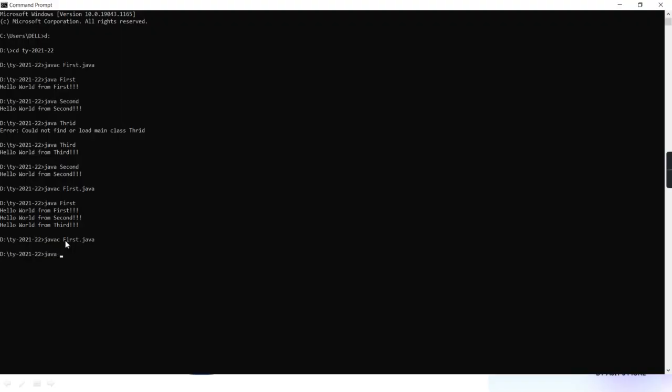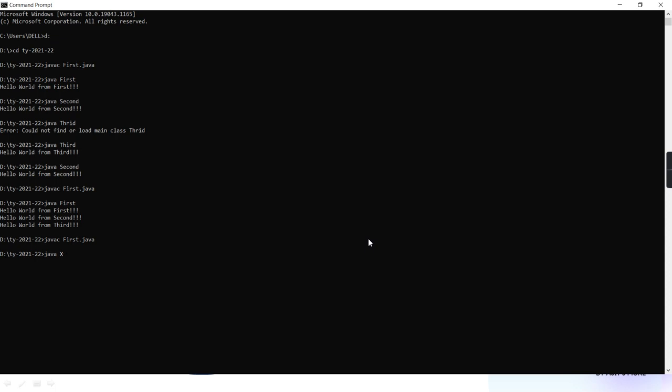But when I say java X, it will search for X dot class, then try to load it, then verification, and then it will try to call main, but it doesn't get that main which it wants as a launching main. Launching main means from where your application will start. You understand?